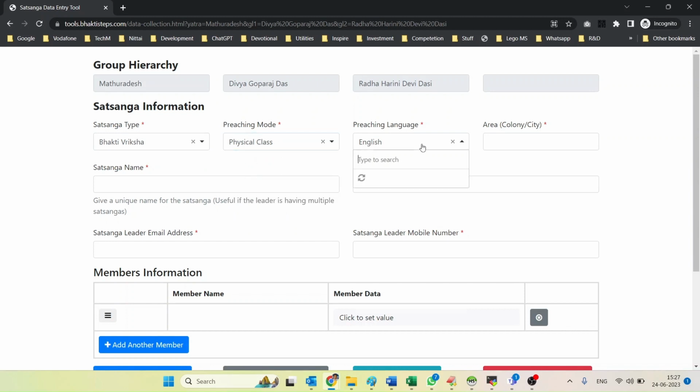And the preaching language, there are several languages, so you can choose any particular language which you are preaching in. For now I'm selecting English. And this is the area where this satsanga is happening. You can mention your colony and city. You need not mention the country and state, because they will be captured at the high level, at the group level. So you can just enter your local area. So let me enter